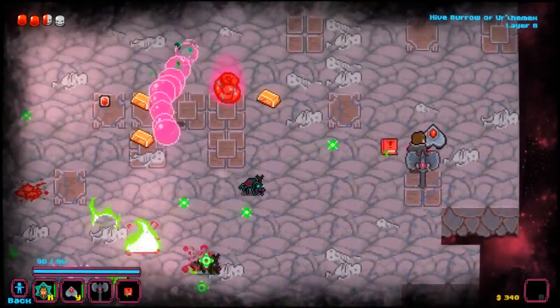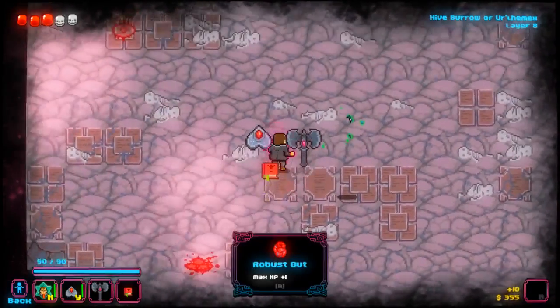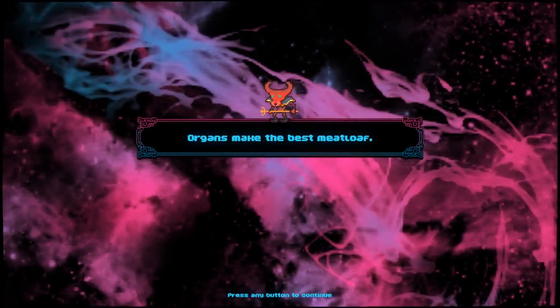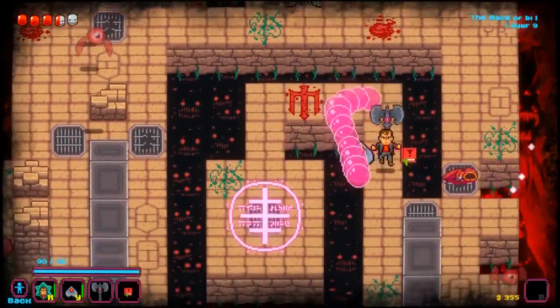Cheap. Come on, yeah, there you go, blow up. Alright. The Robust Gut, 1 max HP. Would still like to really get us into some hit points, or into some speed of some variety, but...